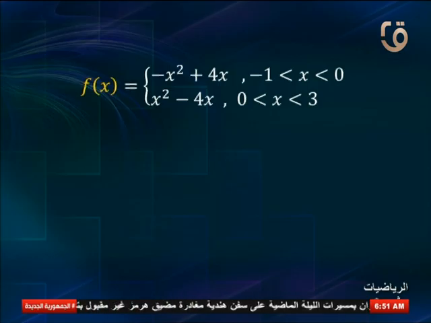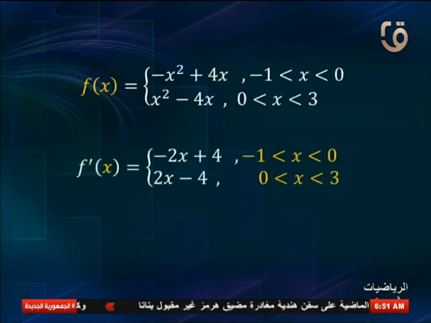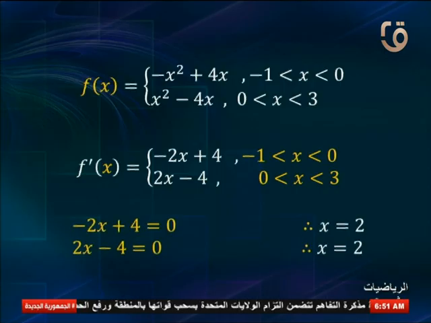After that, we find f'. What is f'? The first, −2x + 4. The second, 2x − 4. The first, what is the value of x? −2x + 4 equals 0 when x equals 2. Also, 2x − 4 equals 0 when x equals 2. Don't forget, my dear student,